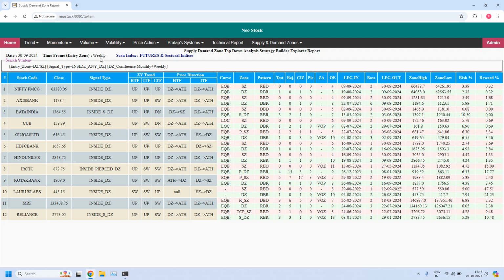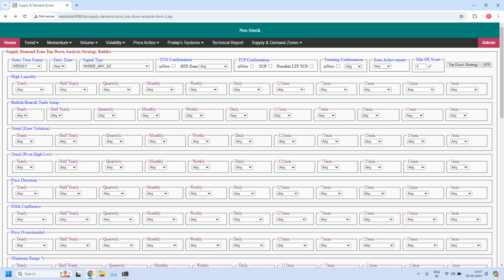Let us consider, because the entry time frame is weekly, that way we are considering the higher time frame. So HTF is your monthly zones. Except for 3 or 4 stocks, all the remaining are in an uptrend. And if you can look for monthly EMA confluence in any of these stocks, it's a high probability. Let's verify that in the EMA, because weekly zones are part of the monthly zone, and if the monthly